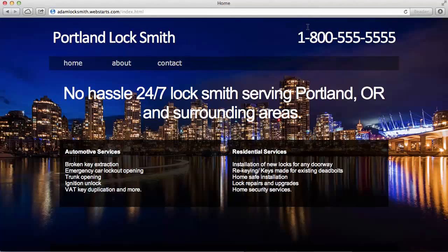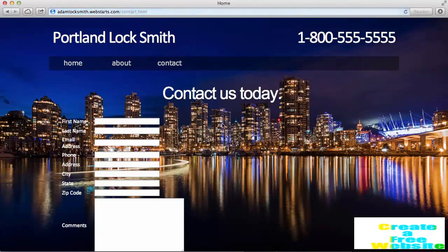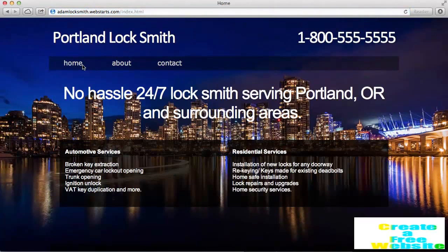I am going to demonstrate the power of the WebStarts editor to build a website for a Portland locksmith. And this is my final product. You can see that I have a home, about, and contact page with a contact form. Nothing overly complex. Of course, you can build out your website with WebStarts as much as you'd like or as little as you'd like. So let me go ahead and get started showing you how I did this step by